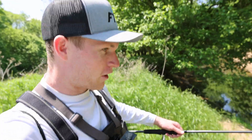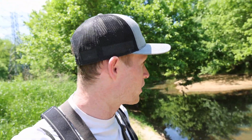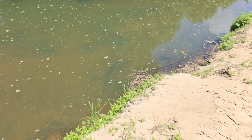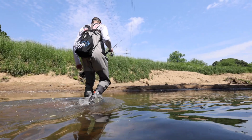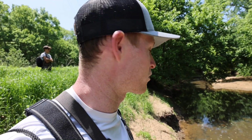Made it to the little creek, guys. We're here on this first bank. The water level is looking really good, and I actually see two big gar over there. I'm sure I can get a good shot of those here in a minute. But outside of that, the water level is looking awesome. Like, it is prime. Gonna be a good chance that we might find a fish or two on bed back here,